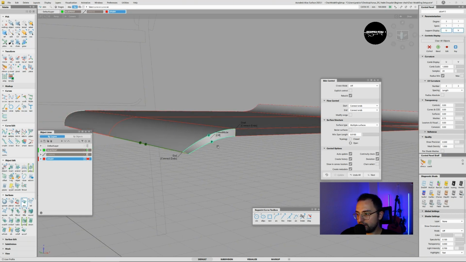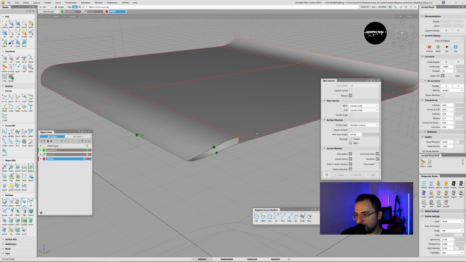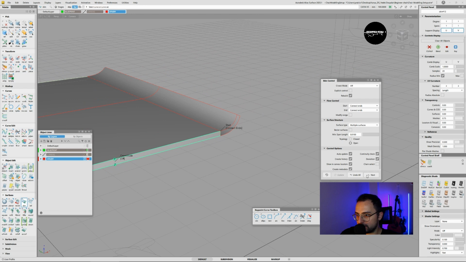You can either say pick nothing and go on, because when you do pick nothing, it reverts back to the last and latest tool that you used, or you can hit next and